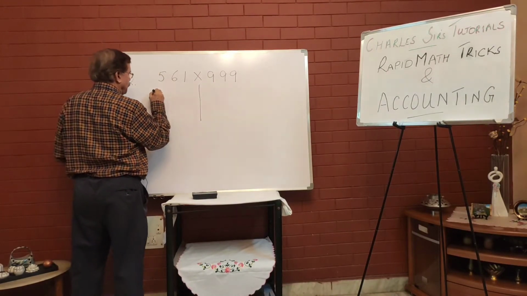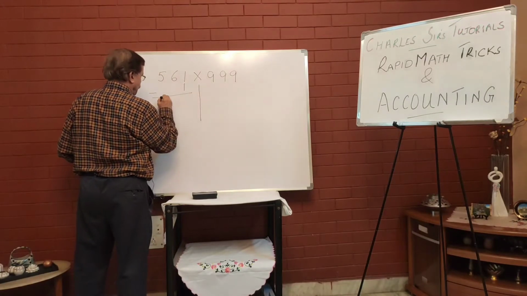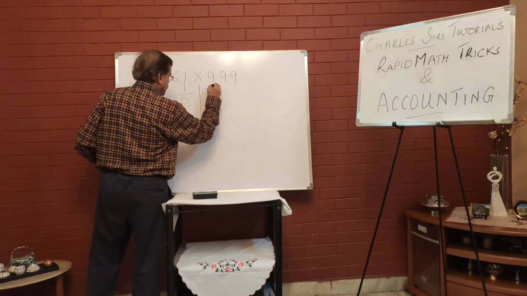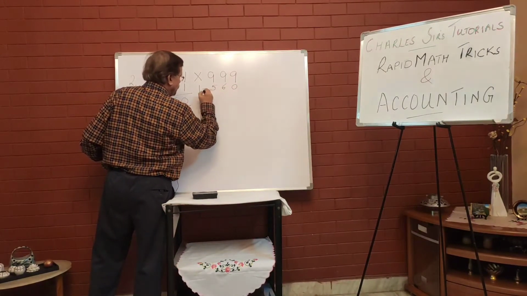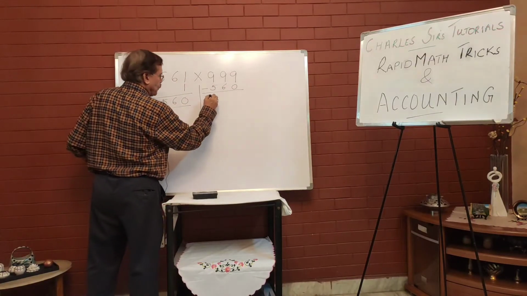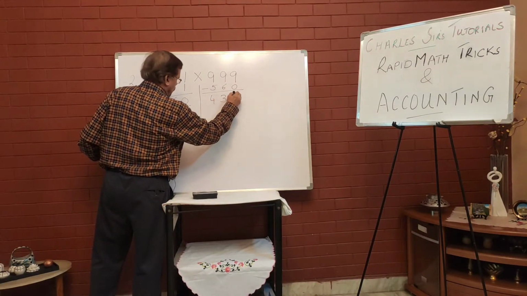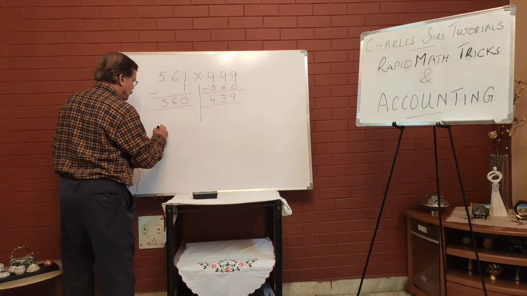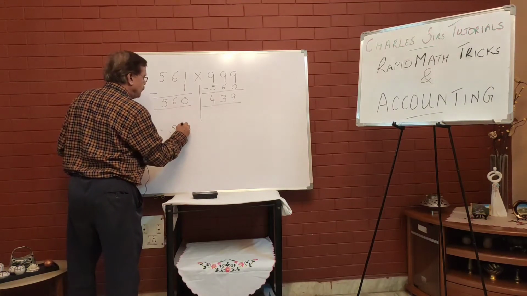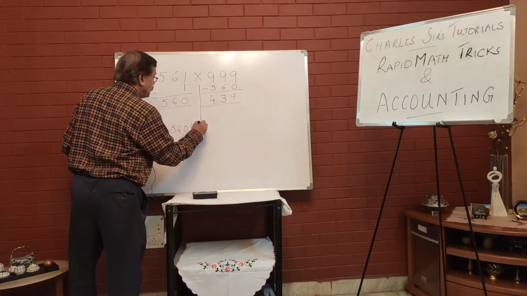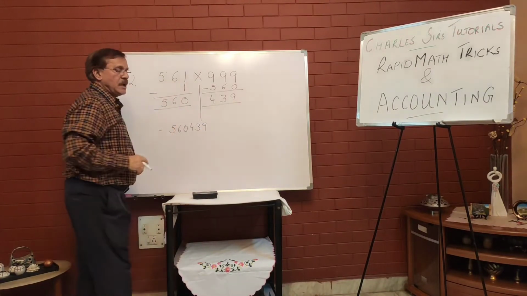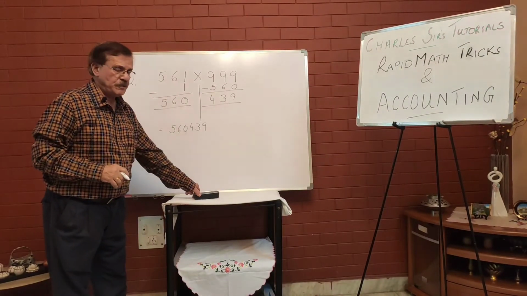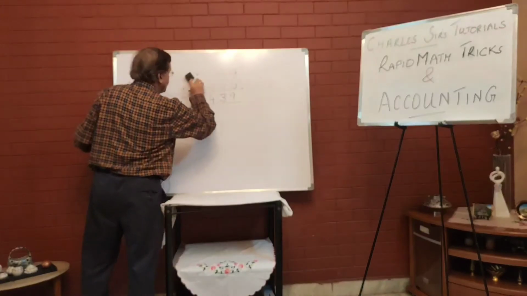Partition, subtract 1 from here. How much do we get? 560. Now this 560 deduct from 999. What is left? 4, 3 and 9. So the final answer when you combine the first part and the second part is equal to 560,439. This is when you multiply 561 multiplied by 999. And finally we come to the last part of this question, and the last part of this question is multiplication of a 4-digit number, any 4-digit number,